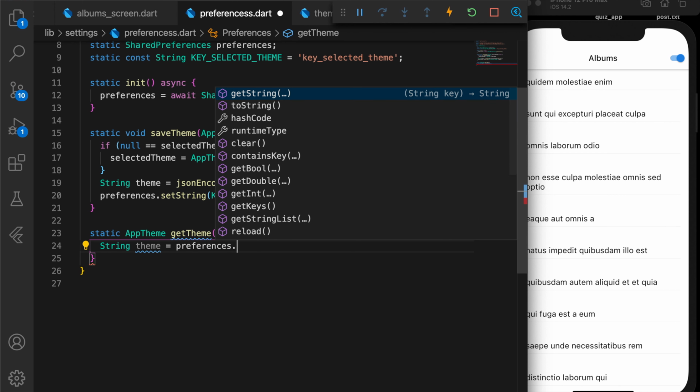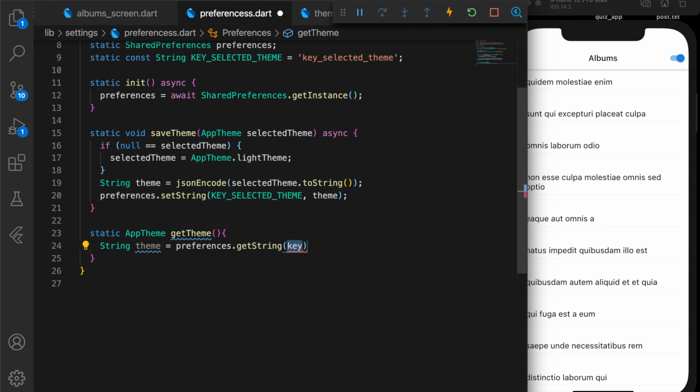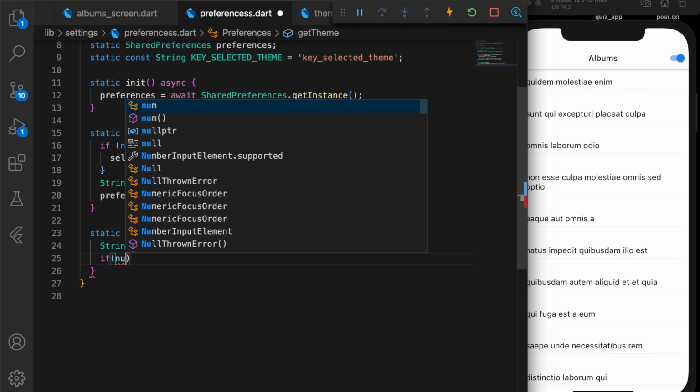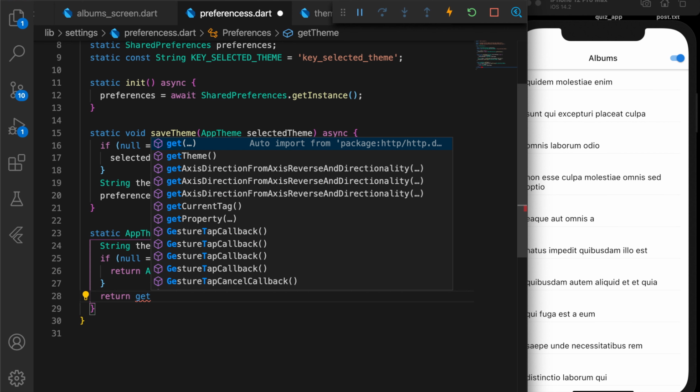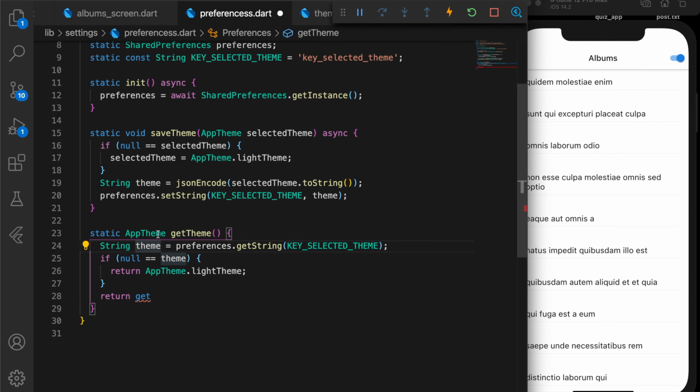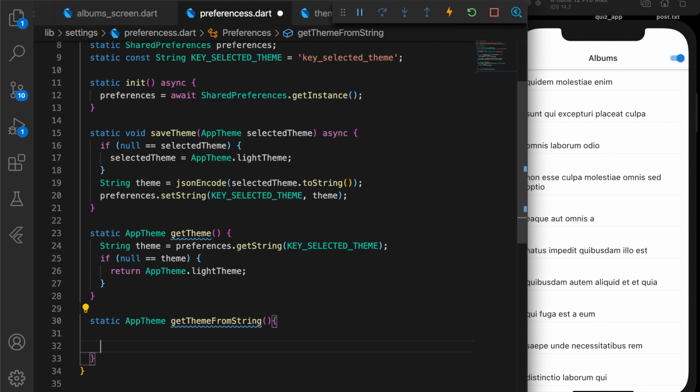So when we get back, I'm going to call getString with the key. That will get us a string, and if it has returned null, that is when you actually load the app for the first time, right? At that moment, we are going to return the light theme, and we need to decode the string back to the app theme, right? So for that, I'm going to write a new method, getThemeFromString, and pass in the string that we got from the preferences,